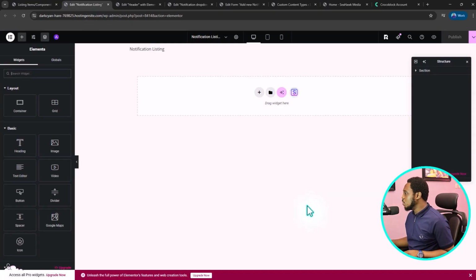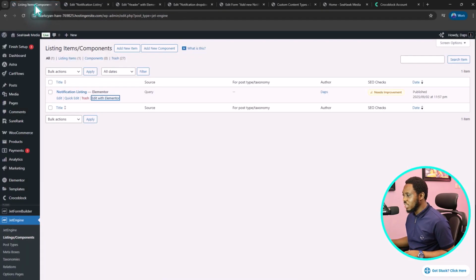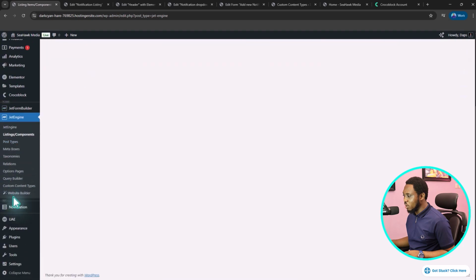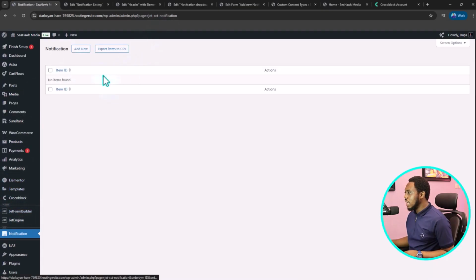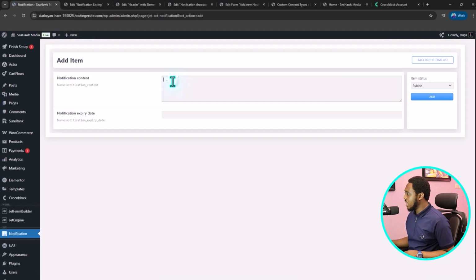Again, for us to be able to have something to work with here, we need to actually have notifications on our website. But again, we don't have anything. We can just go back to create one or two notifications. So if we come back here and we come to notifications that we created earlier, the custom content type, let's launch that. And then we can possibly just add a new notification. I can just type in something random here like